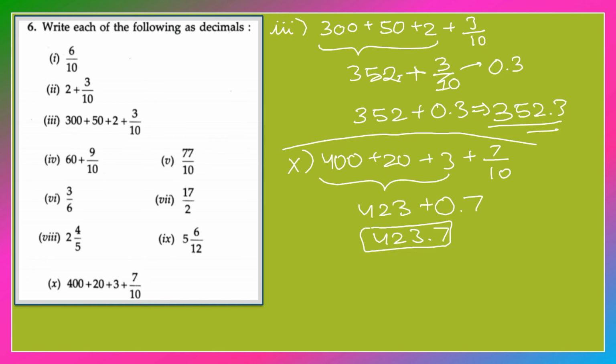For some of the parts, for example, the ninth part in this case, we have 5 and 6 upon 12. This is a bit more difficult because the others are easy. In this case, what you have to do with the fractions is first convert into an improper fraction, that is, first multiplying and then adding. Multiply the denominator by the whole number and then add the numerator to it. I get the answer as 66 upon 12.